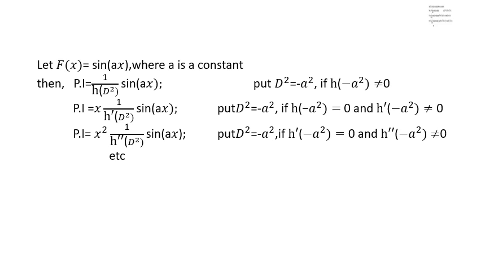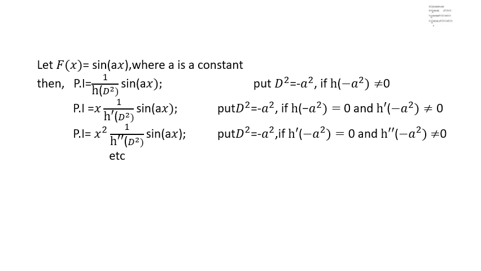Now in this formula, put D² equal to minus a² with the condition that h double dash of minus a² is not equal to 0. h double dash of minus a² not equal to 0 means that the denominator should not be equal to 0 when putting D² equal to minus a². Suppose the denominator h double dash of D² is equal to 0 when D² is equal to minus a², we must write another equivalent formula, that is